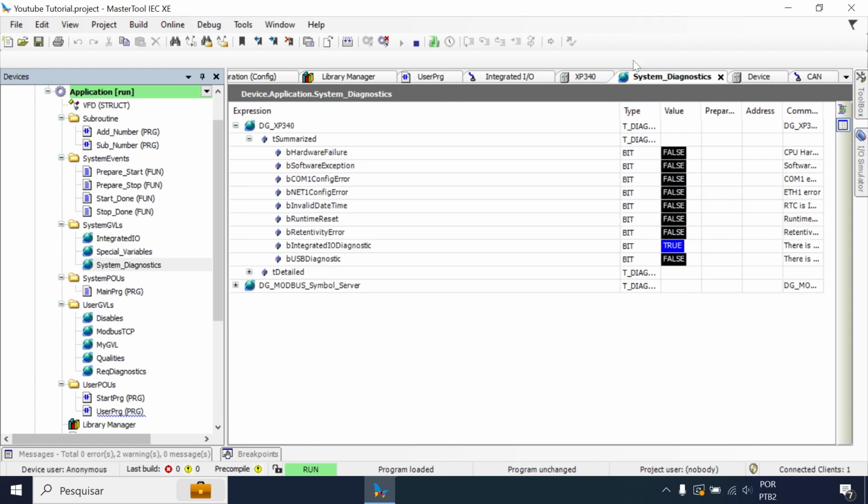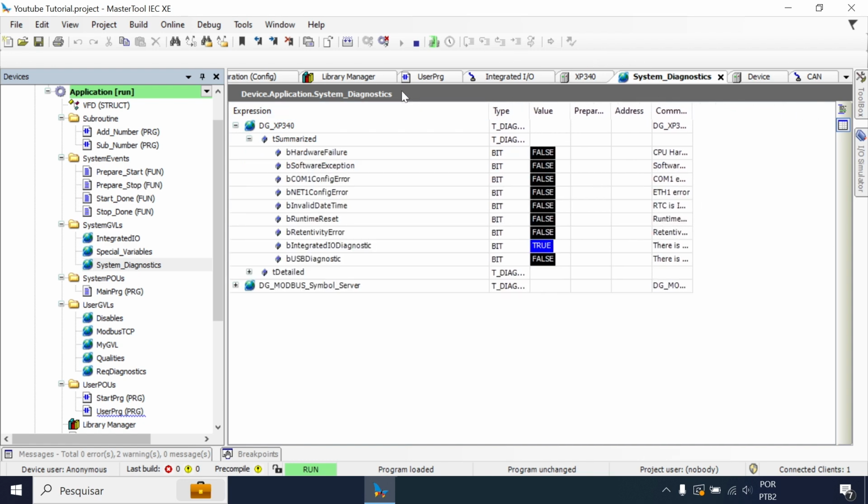Let's expand the summarized. You can see that I have a variable called bIntegratedIO diagnostics, which has the true value. This means I have an active diagnostic on my integrated I/O. I don't know which integrated I/O this diagnostic is referring to, but I know there's an active diagnostic based on my integrated I/O. So if I want to discover which integrated I/O is causing the diagnostic, I need to